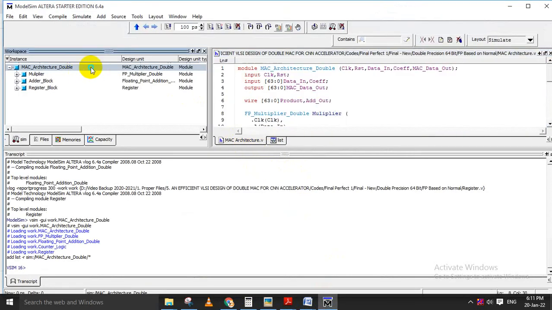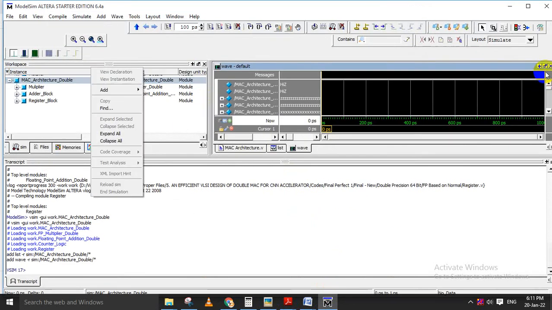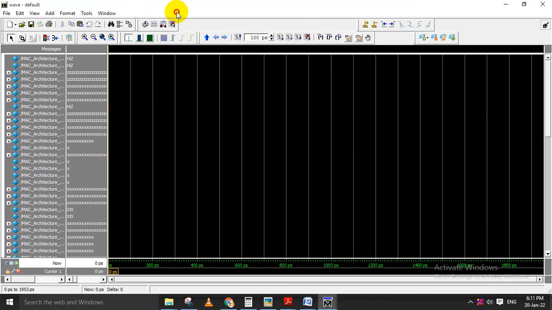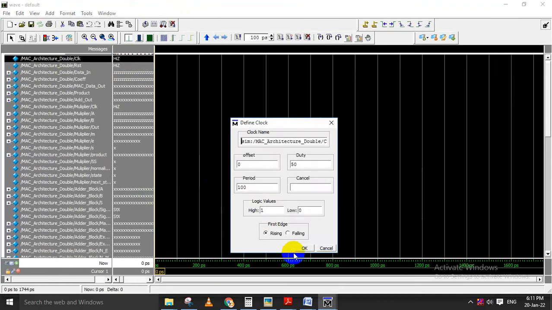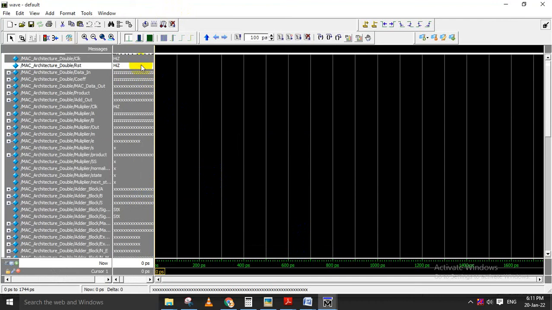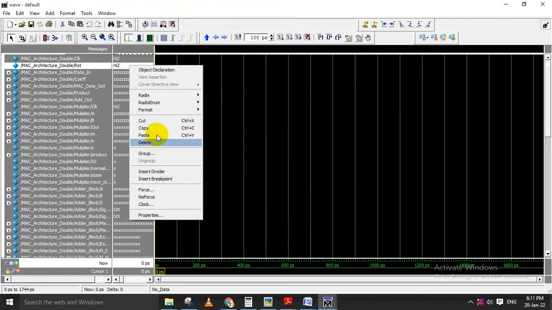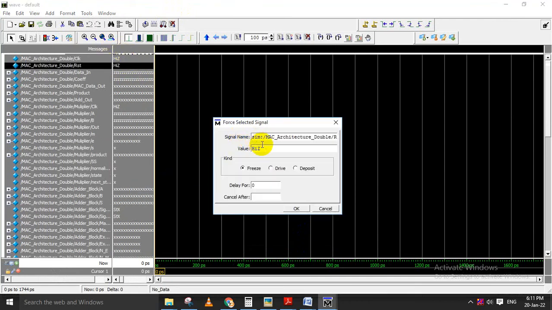So right click, add to wave, all items in region and below. You'll be getting the waveform here for the MAC architecture. In this multiplier we should give the input. The clock will be the normal clock, and reset should initially be 1, make it as a 1,